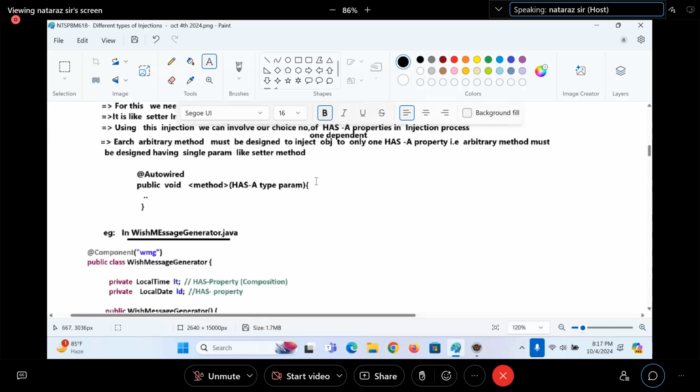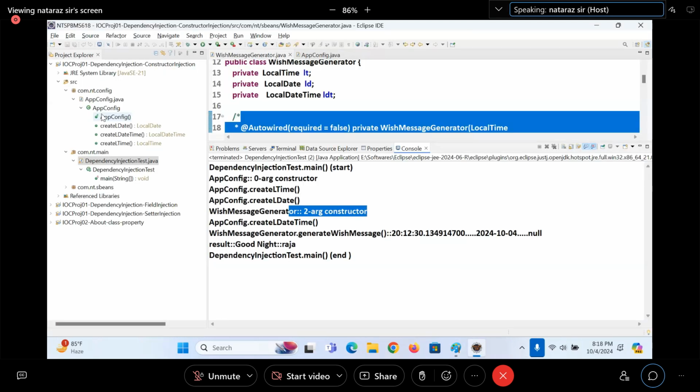The method name is your choice. Any name can be taken for the method. Shall we go for that, guys?